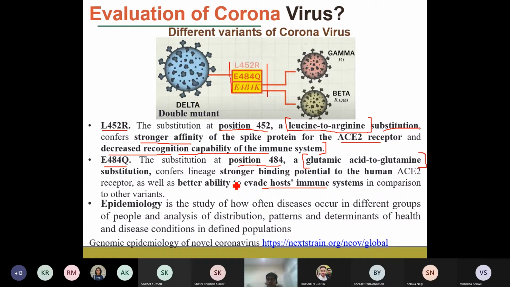Antibodies are a cocktail of proteins, you can say, which help in neutralizing or killing the virus. We'll look into that in detail later in unit 4: what antibodies are, how they are produced in our bodies, how we develop vaccines, what the techniques are, and how a vaccine, once injected, generates the antibodies.